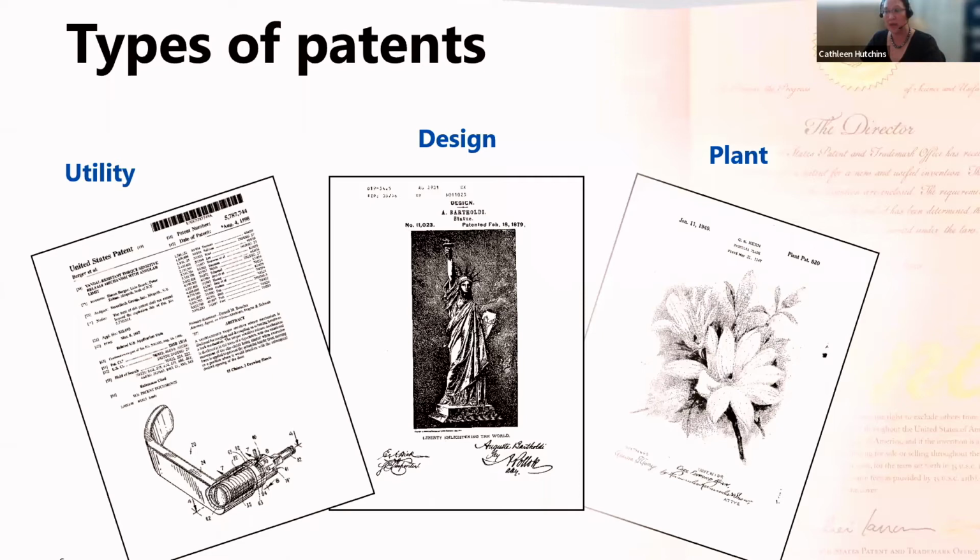Next, there's design patents. That's just the look and feel. It's the pretty patents, as it were. So you can see here, the middle one, that's a design patent. That's the Statue of Liberty. That's got a design patent on it. It's just the ornamental design of the actual thing. It's not actually how it's made or used. It has no function other than its